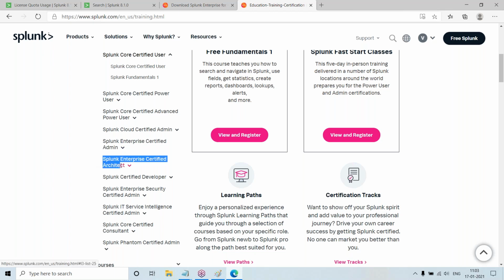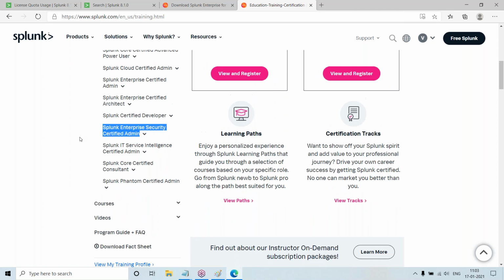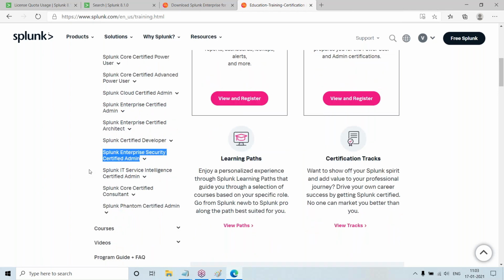There will also be certified architect and certified developer, and security. Actually 99% of security teams use Splunk, so if you are planning a career in security, you have to learn Splunk. The prerequisite for that is power user as well as basic admin.